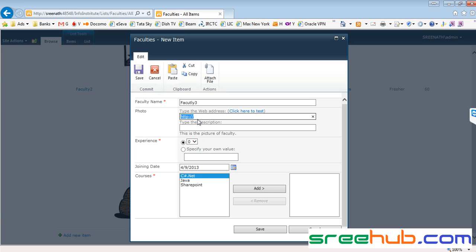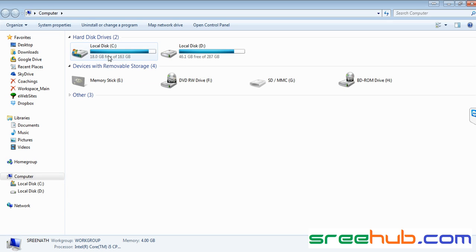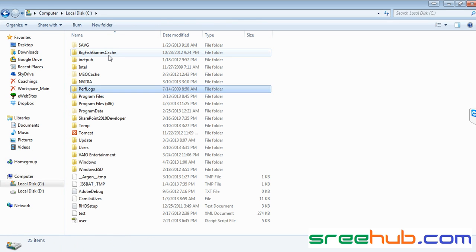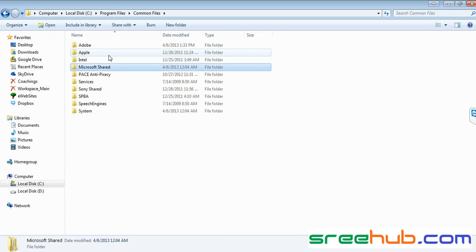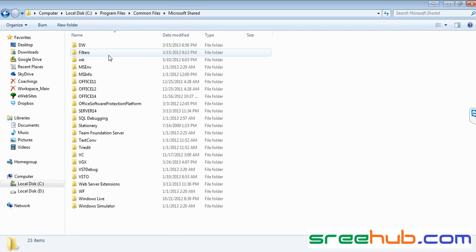how to take an image which is actually stored in our local file. So basically whenever you install your SharePoint, you will be getting this. Let me show you that. Go to my computer, see, go to program files. You will be having something called common files. Under common files, you have something called Microsoft shared,